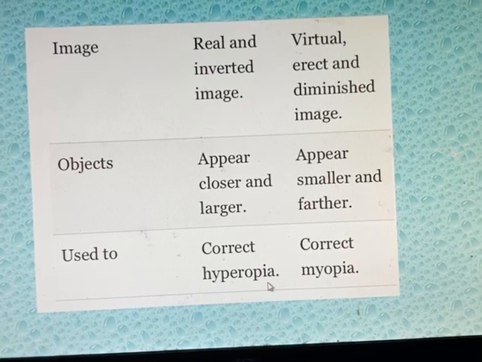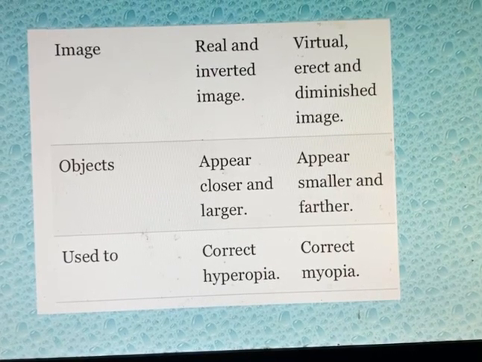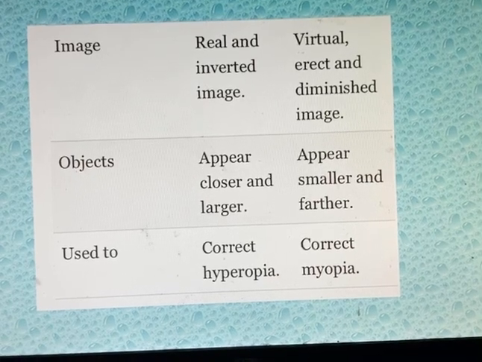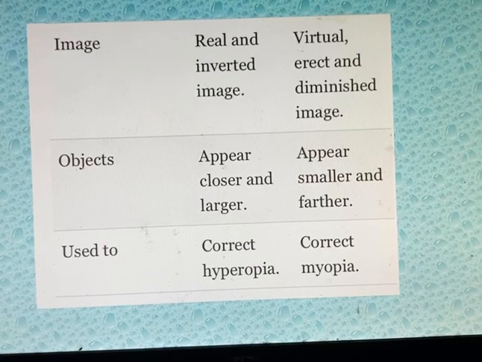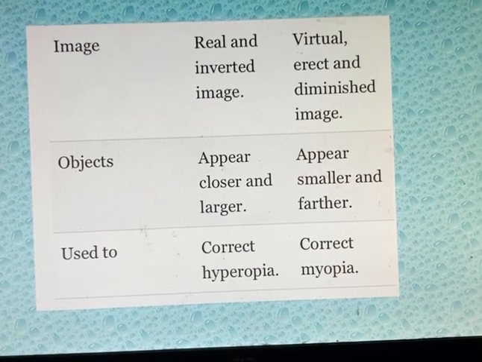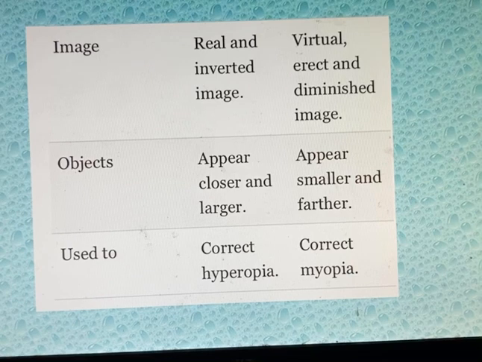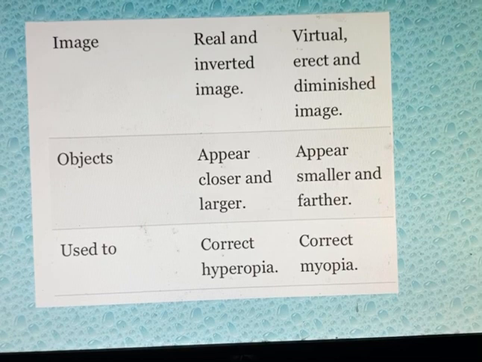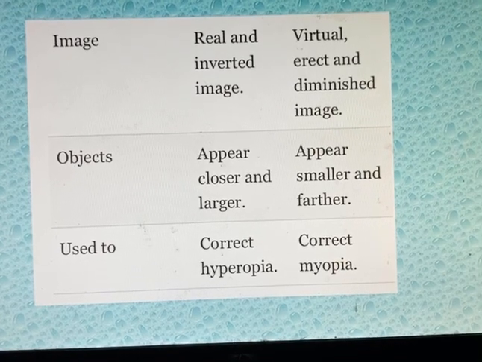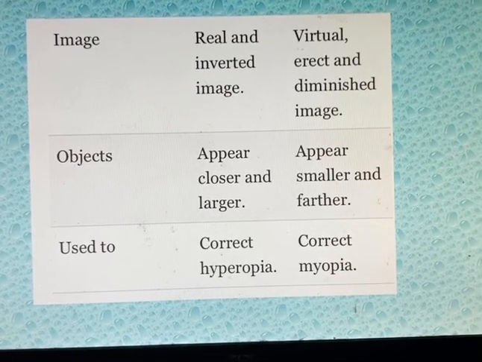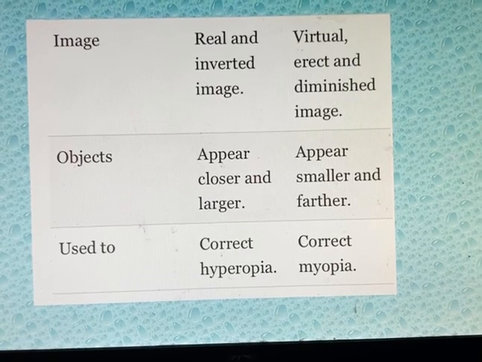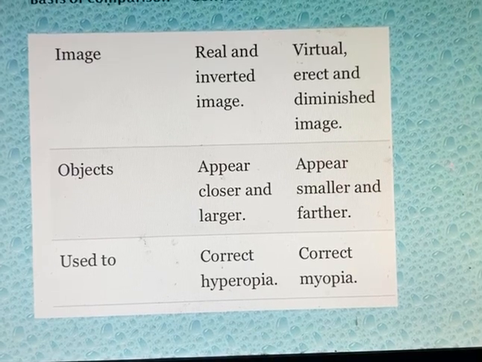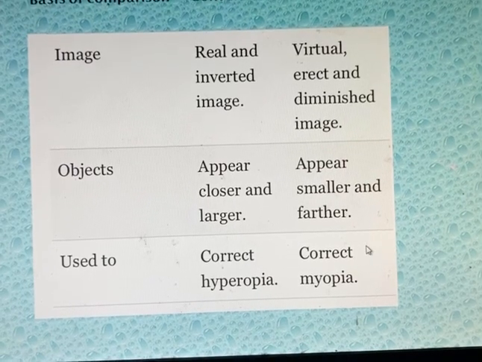You may have experience of wearing spectacles, like plus 1.5D or minus 0.75D, right? When it is plus, it means you have hypermetropia, using a convex lens to correct your disease. And if you are using negative powered specs, like minus 0.5 or 0.25, you are correcting your myopia problem. That means you are using the concave lens.